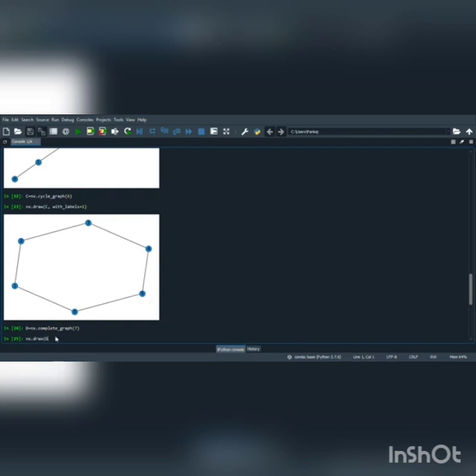And to see whether our complete graph is created or not, we call the same draw function and pass the parameters in it, G comma with_labels equals 1 comma node_color equals to y.